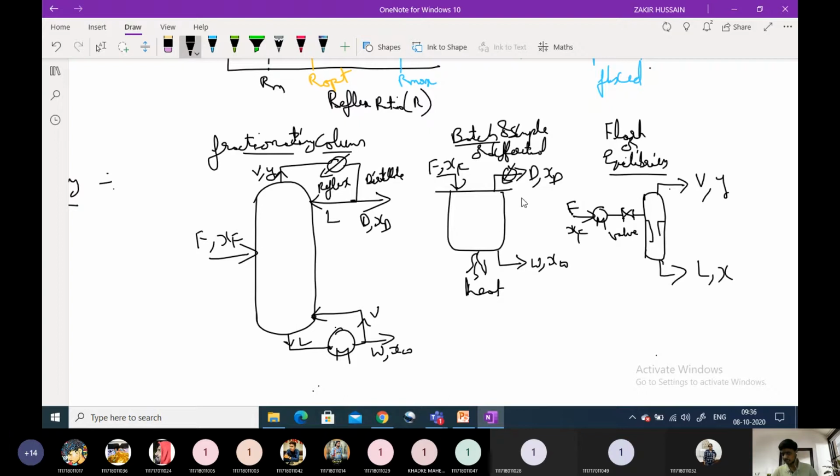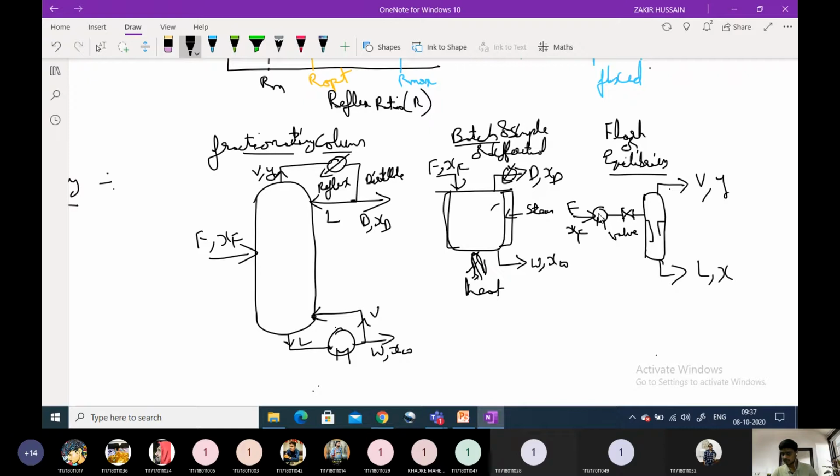But what is the major difference here and here? If you see here, heat is directly supplied to this distillation column. Inside this column we are directly supplying heat, or otherwise using some jacket, by passing some steam. Heat is directly supplied to this column itself, at the batch still itself. And here, heat we are not directly supplying to this column. Some external reboiler is supplying heat, which is vaporizing and sending it back to the column.